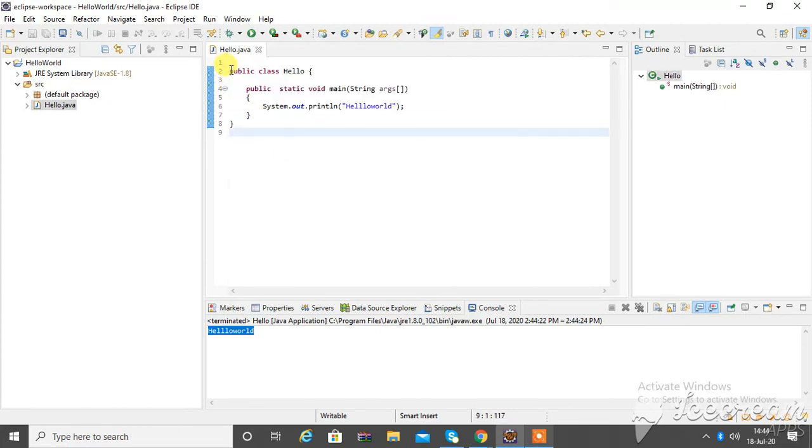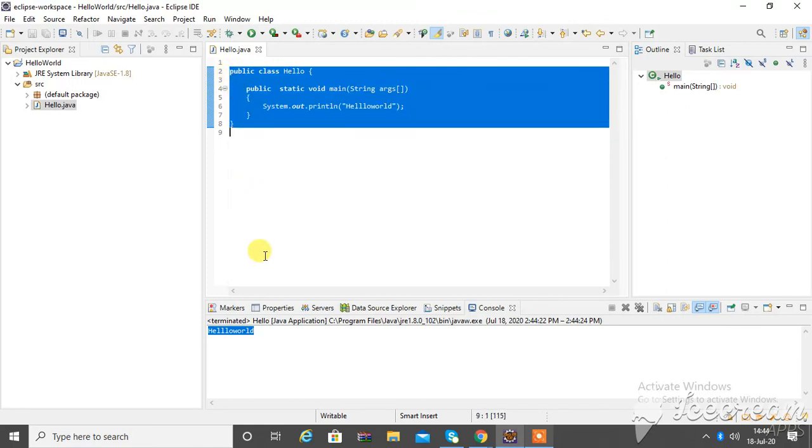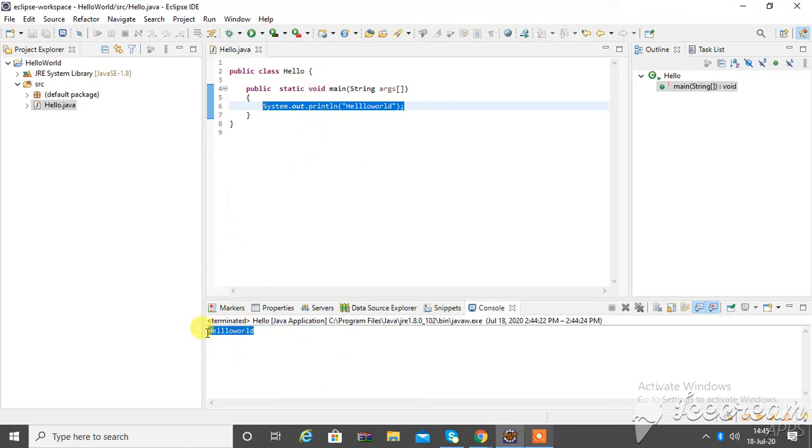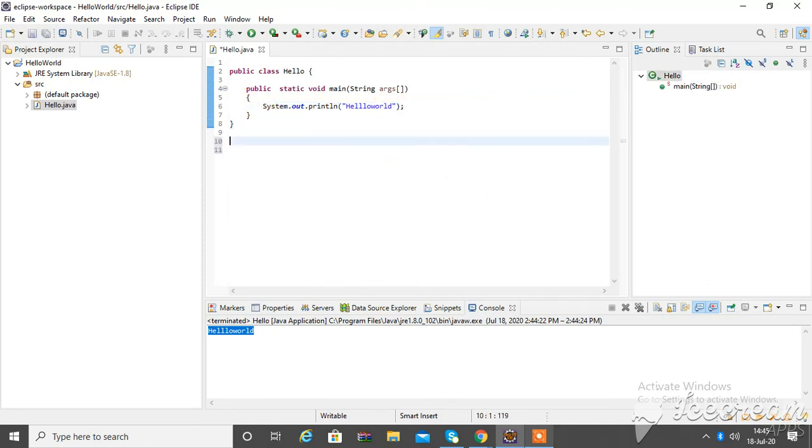So I hope you understood what Java is. Java is just a language in which you write your code, and this code will be acknowledged by the JVM. Then the JVM will find the main method, and whatever is written in the main method, it will print all that and show you on your console screen. So you will get the output. Okay guys, so this is Java, and that's why we are using Java. Whatever actions we write here will be performed.